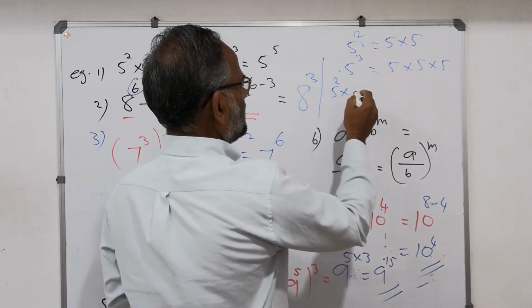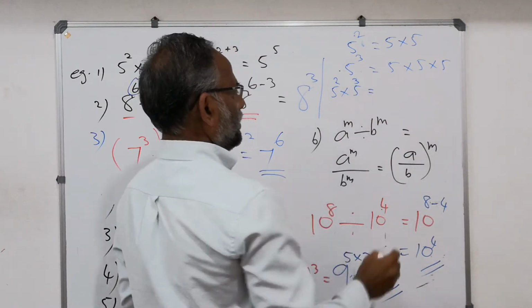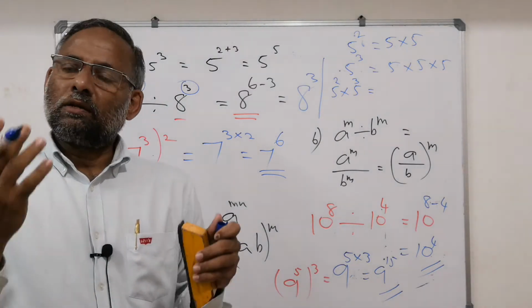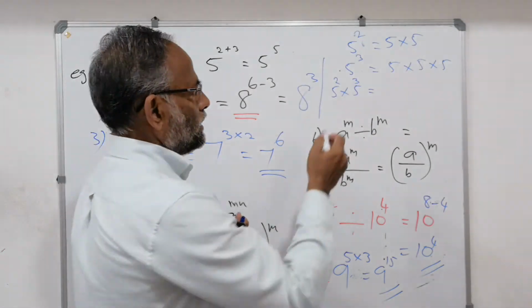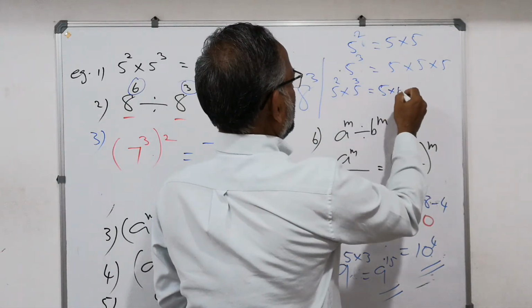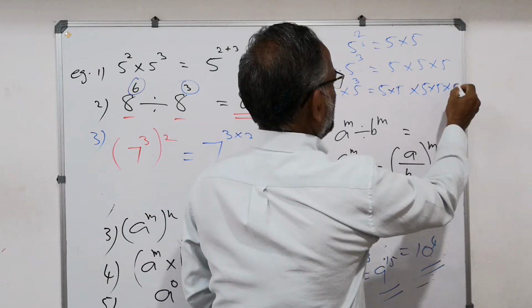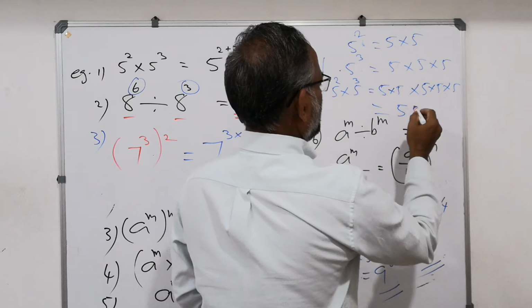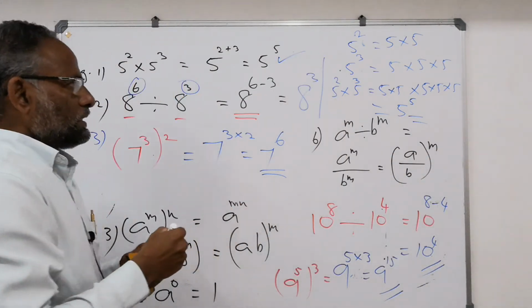Listen here, the method, the explanation for your mental math, to satisfy your mind. Math is like that only. You have to satisfy your mind. Why? What? Like that only. So what is 5 square? 5 into 5. Okay sir, 5 cube, 5 into 5 into 5. 5 how many times? 1, 2, 3, 4, 5. 5 to the power of 5. Exactly. That is the law.